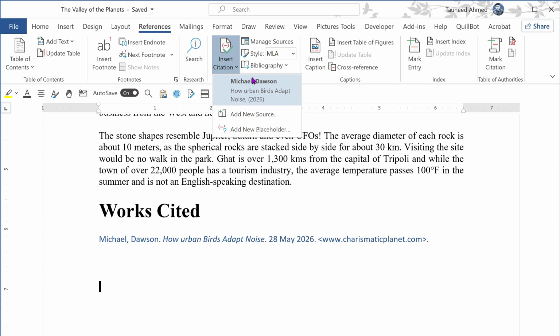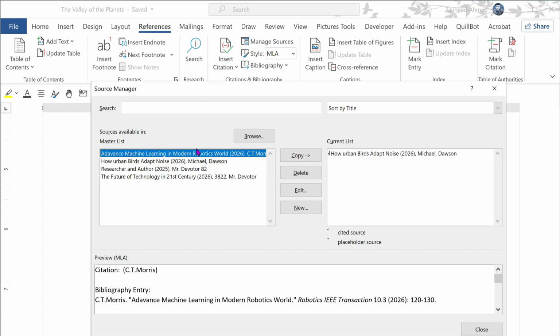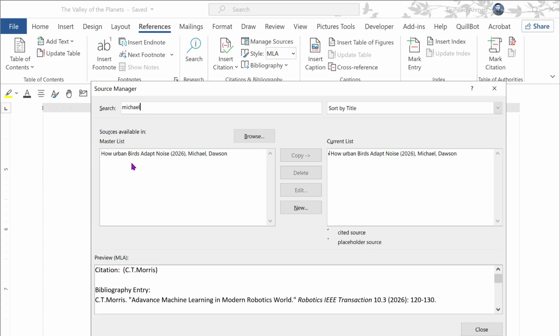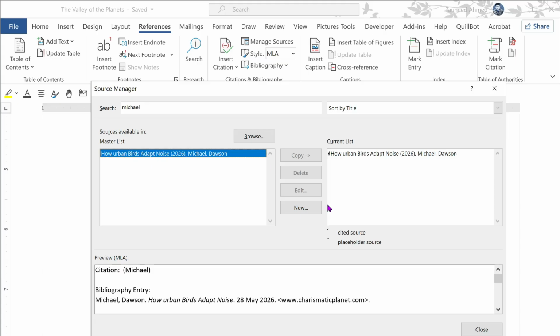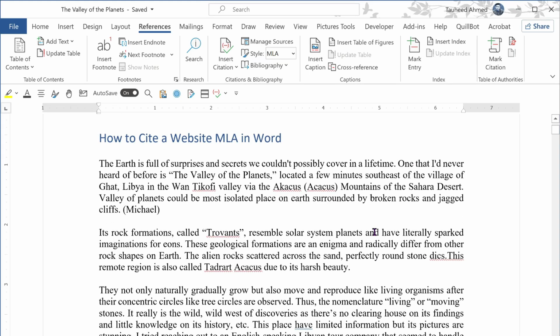And if you want to delete it, you need to click on Sources. Here you need to click on the search and type the author name. And here it is. You just need to select it. Here you need to click Delete and click Close. It will be deleted from the bibliography. So this way you can easily cite a